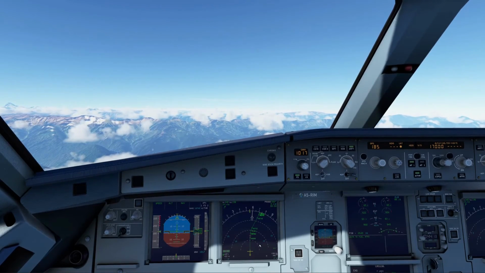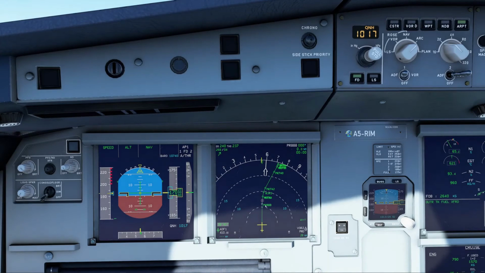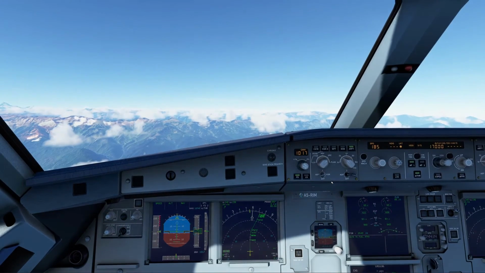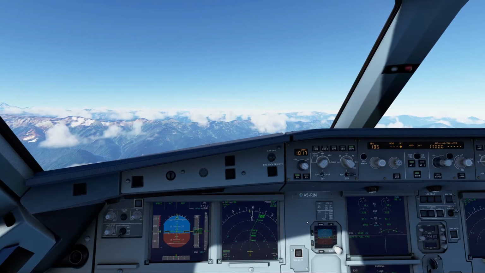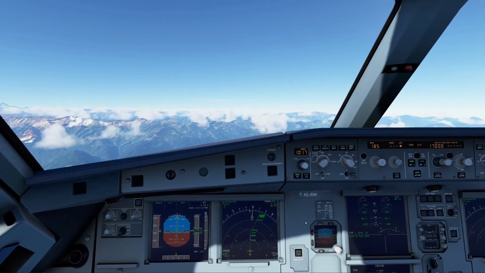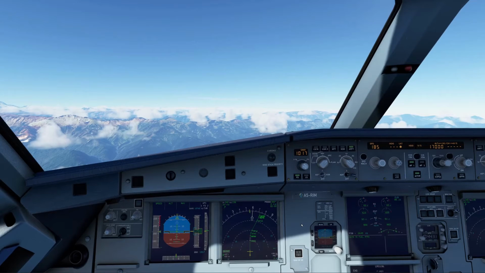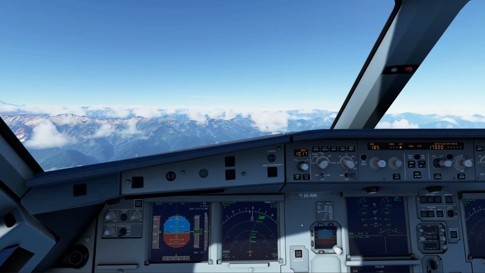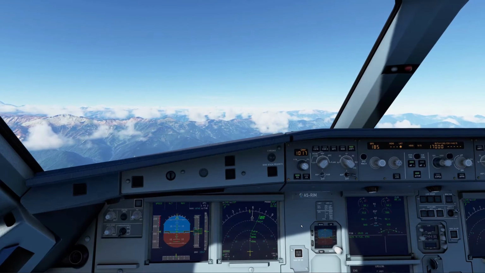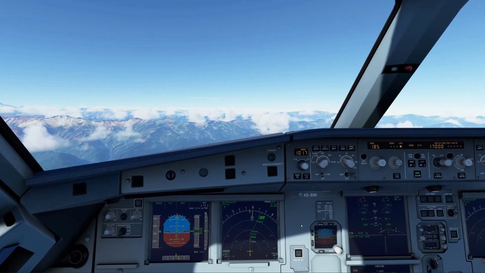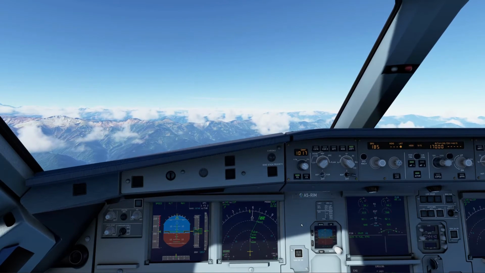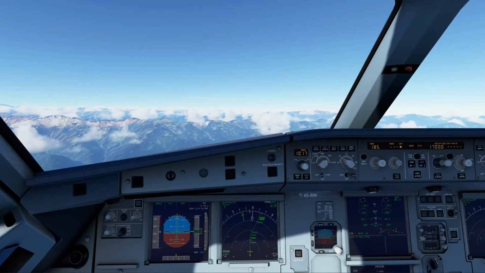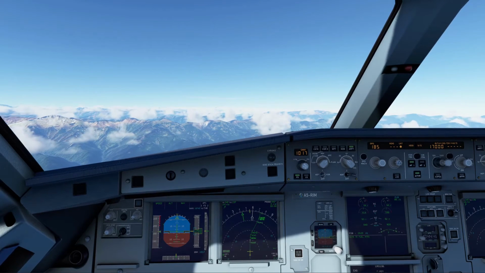So basically, once we get past this point here and we start to make our descent downwards, basically what we need to do is just drop the lot. Gears, flaps 3, flaps 4, spoilers, everything. No, not spoilers, not ground spoilers. We'll leave those. We're not going to be using that again. But remember, we'll have to bring our speed down to 145 by the time we get round to